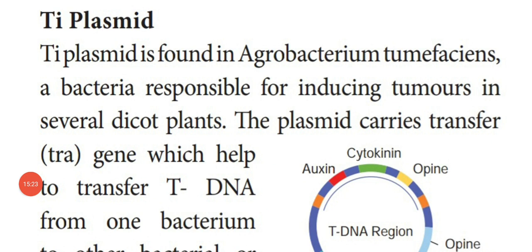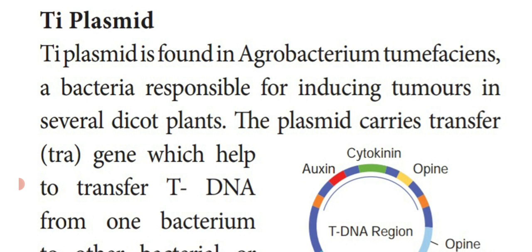Then the other type of plasmid is the Ti plasmid. T for tumor, I for inducing. So the full name of this plasmid is tumor inducing plasmid or Ti plasmid. Dear students, this plasmid, which is present in the bacterium named Agrobacterium tumefaciens, is important. Like pBR322, which is a very important question, the Ti plasmid is also an important 1 mark, 3 mark and 5 mark question.